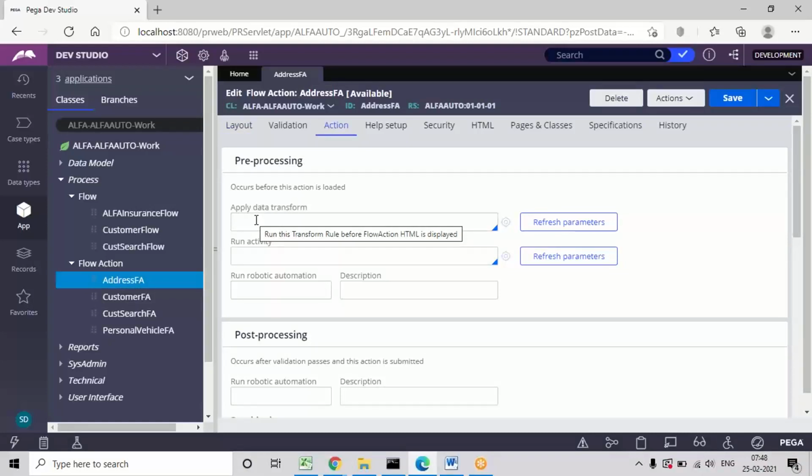Other cases where we regularly call these data transforms are in the pre or post processing of the flow action. So wherever the requirement is there in the pre and post processing, you'll get this data transform option. In the down arrow also we can access these data transform rules. So that is about this data transform.